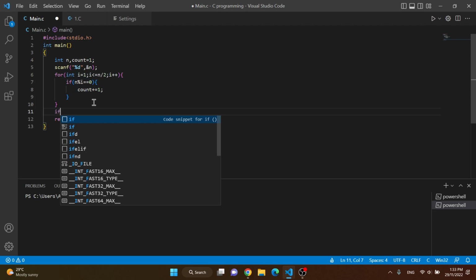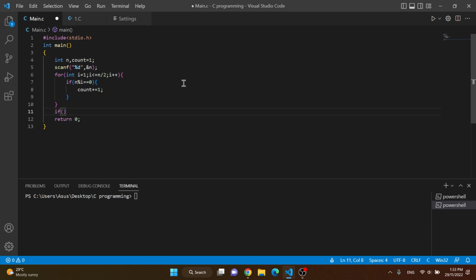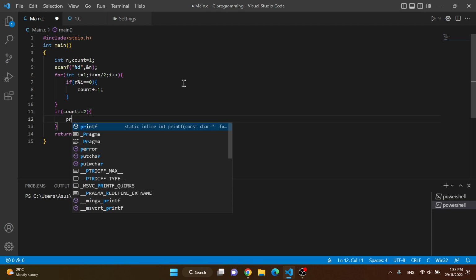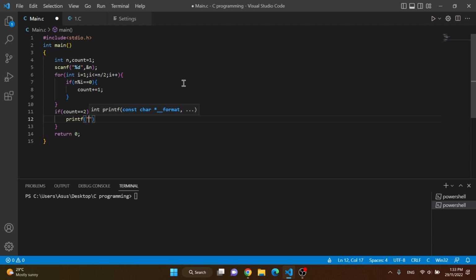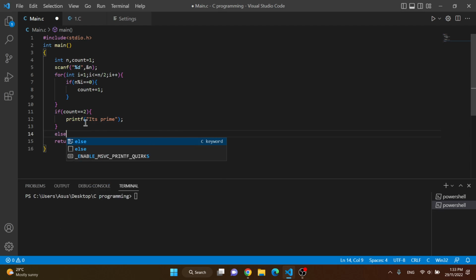Now the other condition: if count equals 2, printf it's prime. So count equals 2 means it only has 2 divisors. As I told you before, a prime number has only 2 divisors, the 1 and the number itself. Else